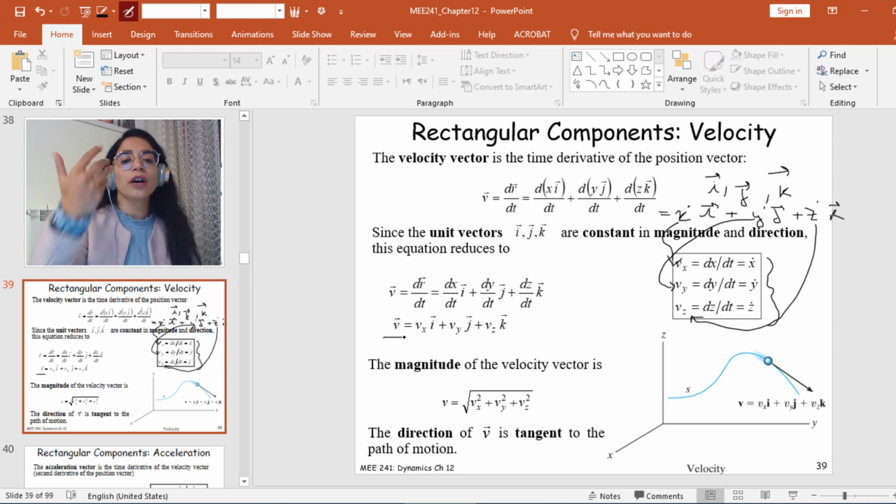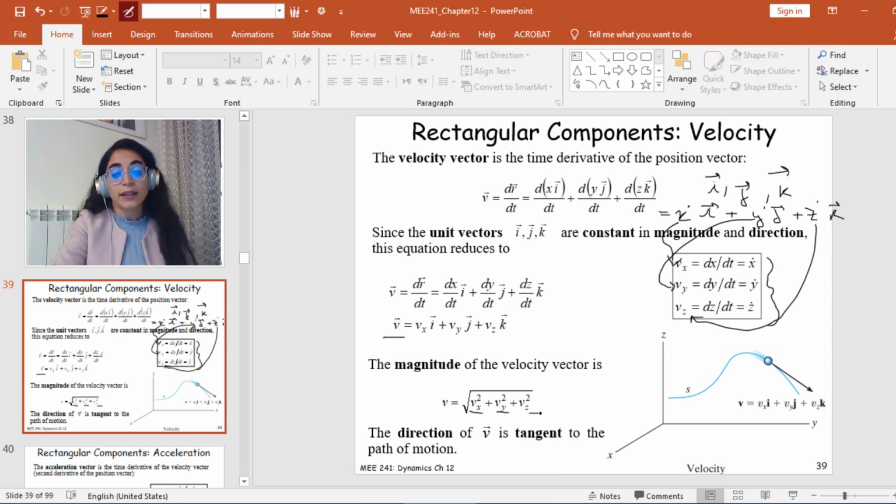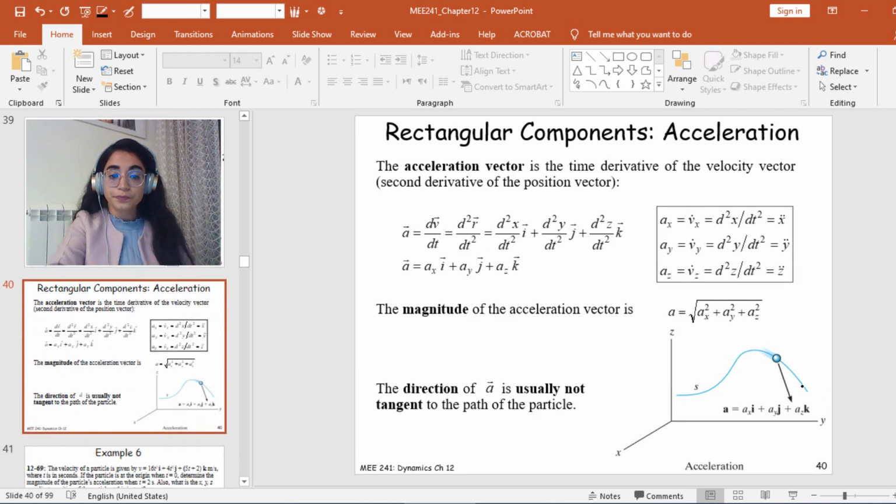Right? Now, how can I find the magnitude of the velocity vector? It's of course the radical of the sum of the squared components of this velocity. And don't forget that the direction of v is tangent to the path of the motion. Now, same goes to acceleration. The acceleration is equal to dv over dt. So if I replace v by vxi plus vyj plus vzk, and then by x dot i plus y dot j plus z dot k, i, j, k are fixed in terms of time, so I can remove them from the derivative. Then a will be of course equal to x double dot i plus y double dot j plus z double dot k,